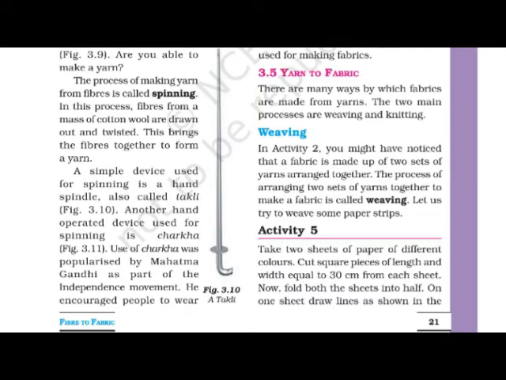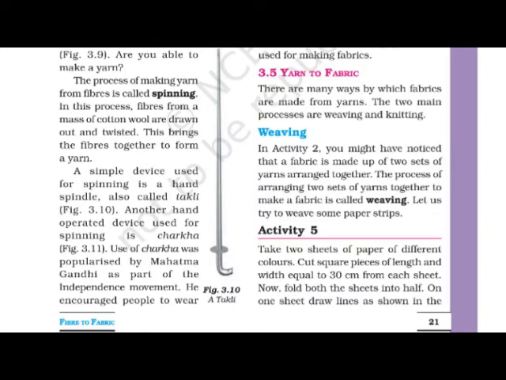Weaving, the first process. In activity 2, you might have noticed that fabric is made up of two sets of yarn arranged together. The process of arranging two sets of yarn together to make a fabric is called weaving. See, we have one definition for weaving. So let's understand